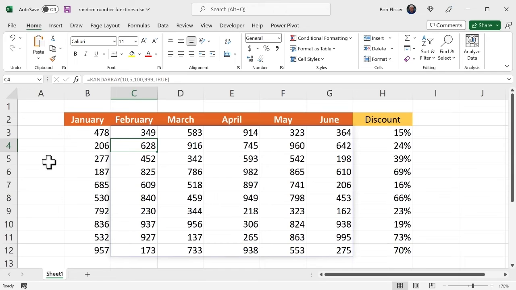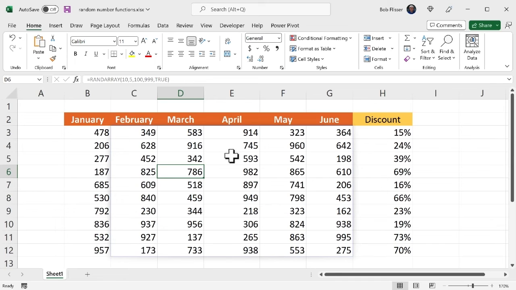You may notice that this is a spill function, new class of functions in the 365 editions. And you could identify it because it has this nice shaded border. Also, here is the cell where I typed in the formula, and you can see the formula looks normal. If I click in any of the other cells, you see the formula is grayed out. So the formula is really just in that upper left corner cell, and all the other cells are just kind